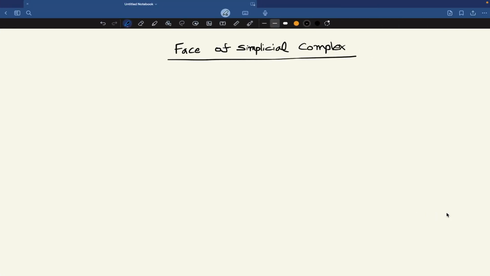So we also talked about it previously that a face of a simplicial complex is a subset of that complex, right? So if we are given this simplex, v0 and v1, how will you denote it? You will write it mathematically as v0 v1. So this is an example of one simplex,